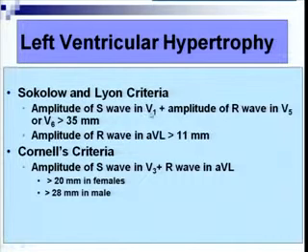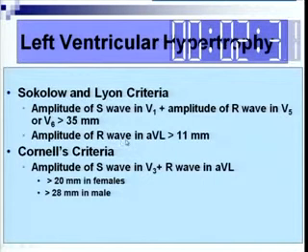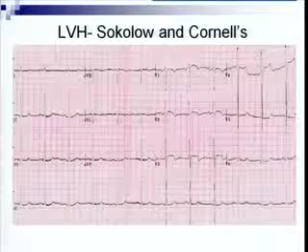Left ventricular hypertrophy, on the other hand, is based upon the Sokolow criteria, where the amplitude of the S wave in V1 plus the R wave in V5 or V6 is more than 35 mm, or you can use the second criterion, that is R wave height in AVL is more than 11 mm. Less commonly you can use the Cornell criteria, where 20 mm height of the S plus R in V3 and AVL is seen in females, whereas it is 28 mm in males.